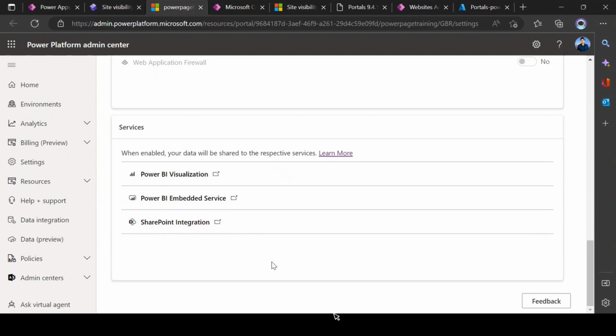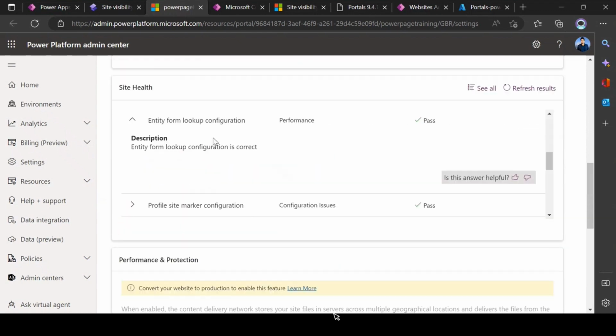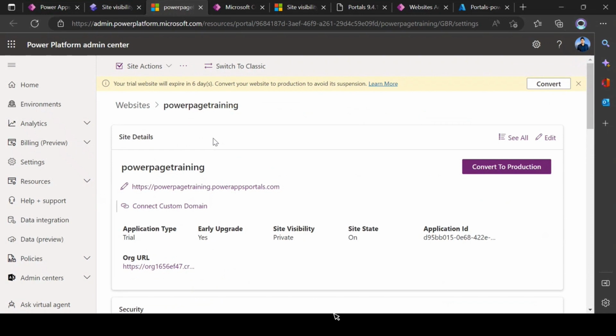If you want to embed the Power BI report, embedded visualization, or the embedded services, you can also manage it from here. So this topic, I think I've already discussed in more detail, so I'm not going to dive deep into that. Just one last thing from the admin perspective, I want to show you here that sometimes you want to upgrade